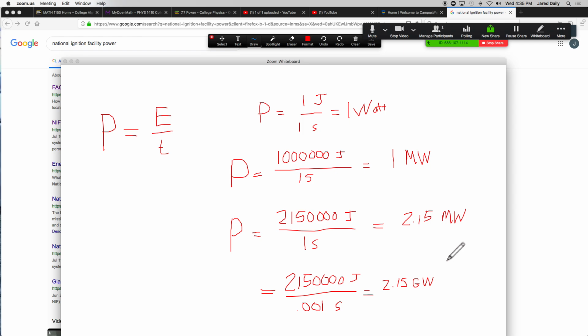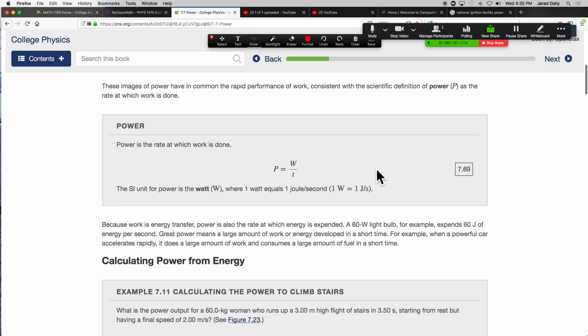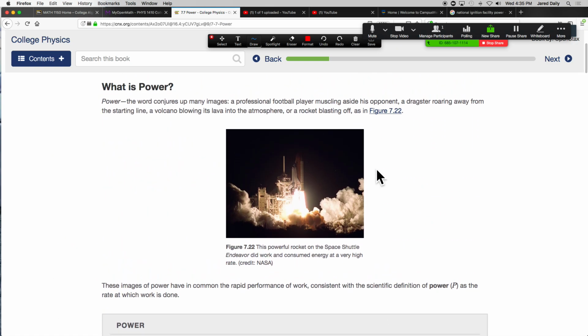Right? Have you guys ever seen Back to the Future? 1.21 gigawatts. Gotta love that. I think that's actually in this book. Anyway,